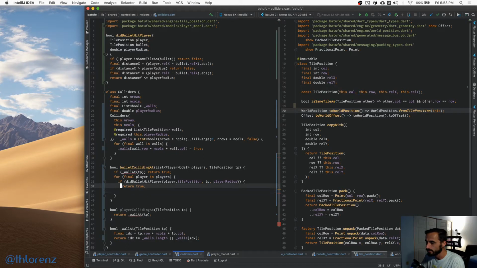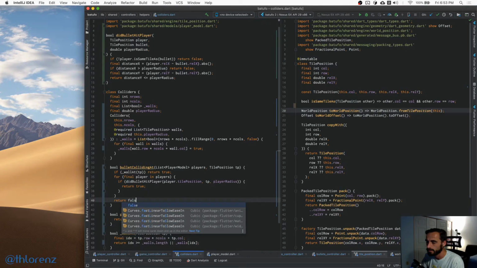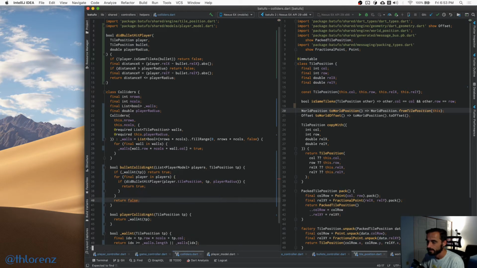We need to still do something here, but for now this is fine. And if we don't find anything, then it didn't hit anything, right? Now, obviously, if a player is exactly where the wall is, which never will be the case, then we'd not detect that we're hitting the player, but this is fine. This is actually like that. Okay. So now basically what we want to do is we want to then